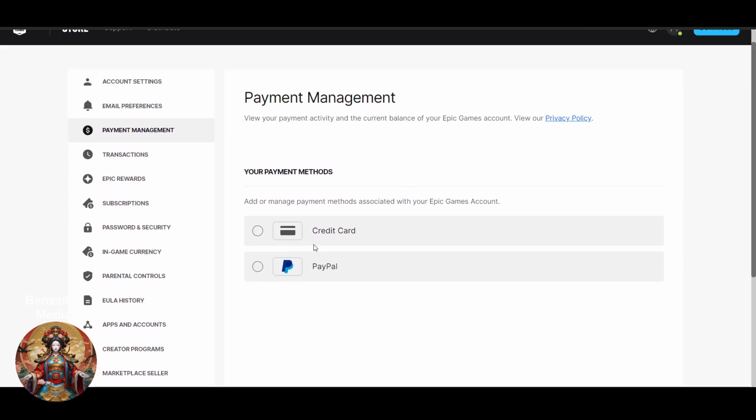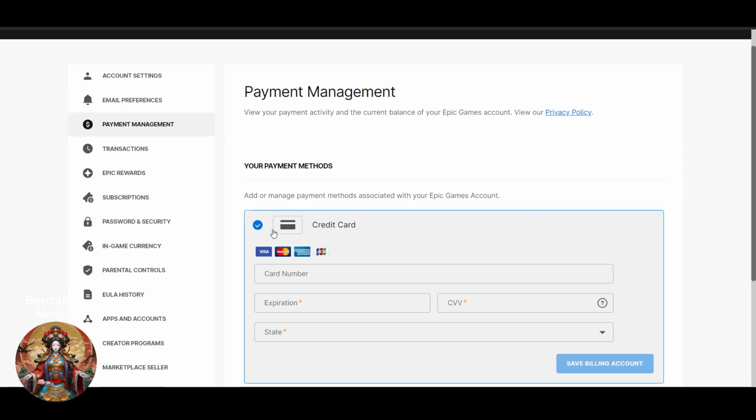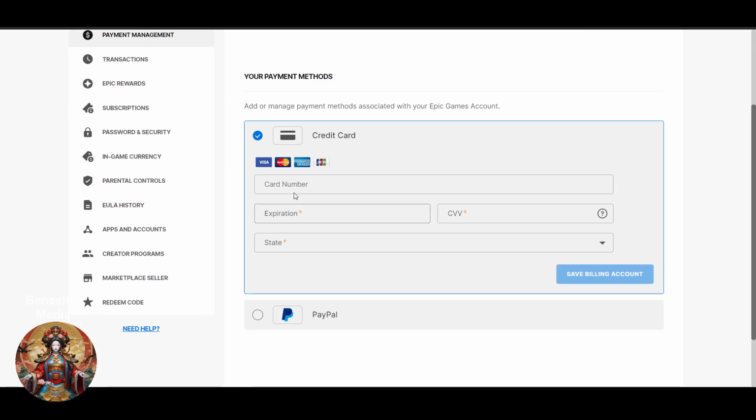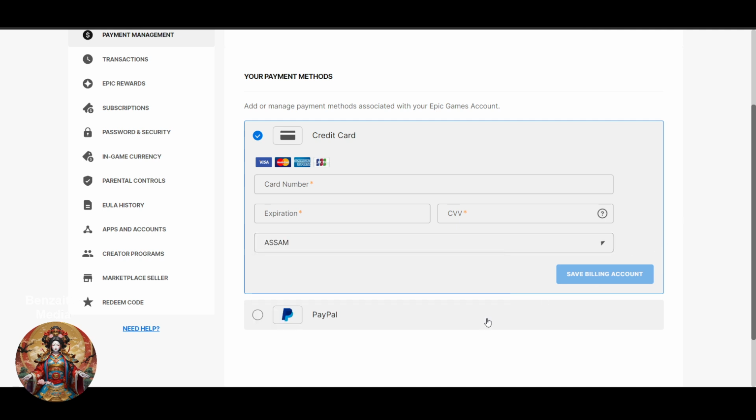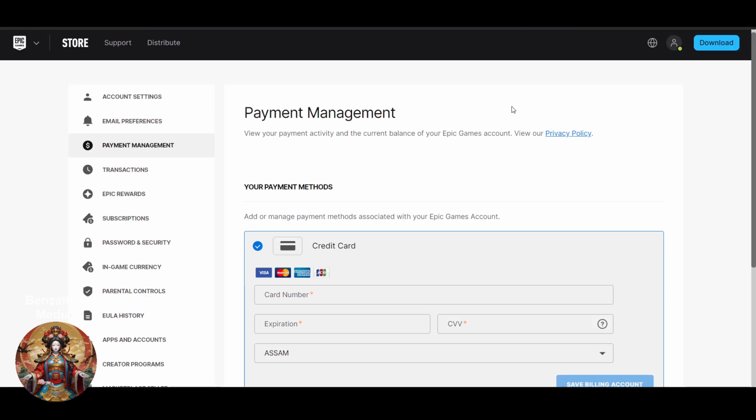Now here, to add your Paysafe card, you have to click on the credit card option, and they accept the Paysafe card. So you have to enter your card number, expiration date, the CVV and the state, right? So whichever state you are in in your country, and then you have to click on save billing account, and if it's successful, of course it will be, it will automatically get linked to your Fortnite. And whenever you want to purchase something in Fortnite, a skin or some weapons or anything, definitely you will be able to